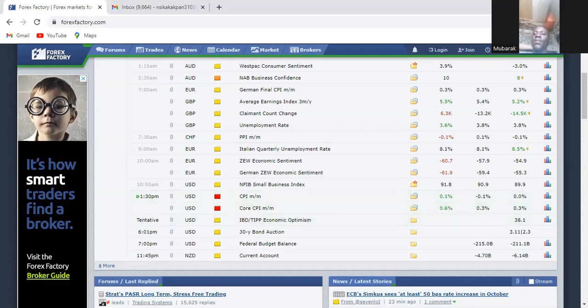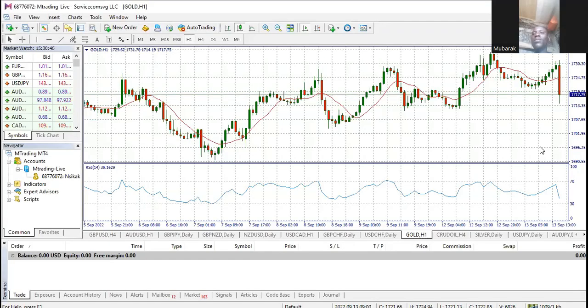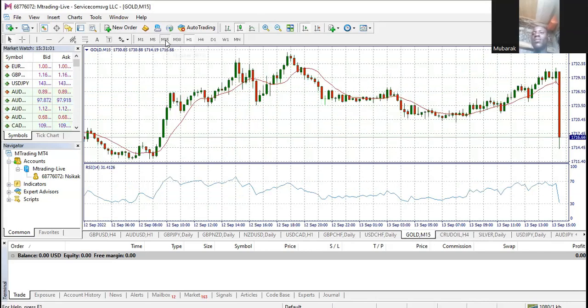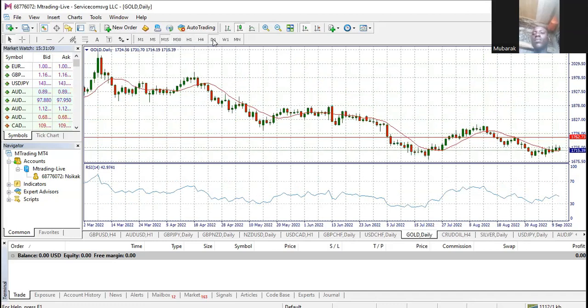Now let's go. You see that gold will be selling, GBP USD will be selling. That's because of the news. Look at it. This is what can happen when you trade the news. Immediately the news was released, you can see what's happening. This is the 1 hour time frame. You can imagine, I think this is over 100 pips. Over 100 pips. This is terrible.